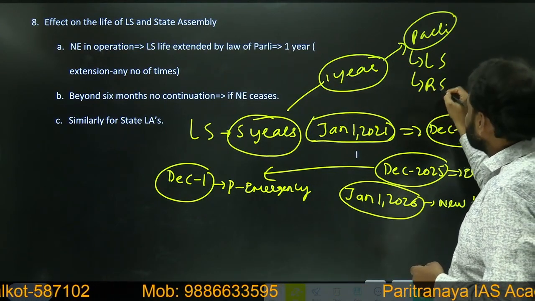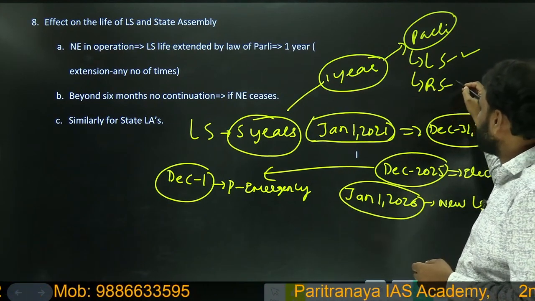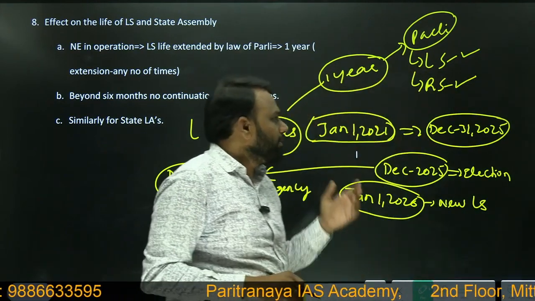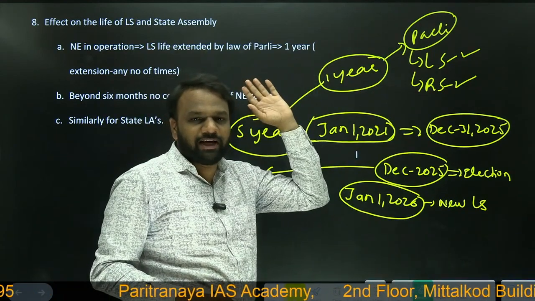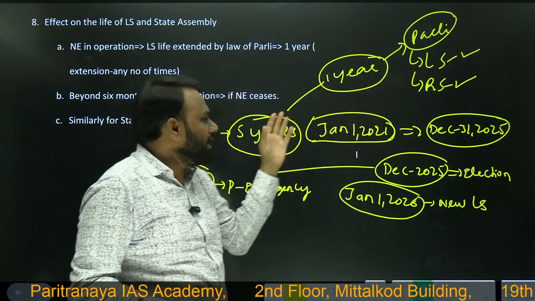They will pass a law. A law will be passed by Lok Sabha, and similarly the same law has to be passed by Rajya Sabha. So in that law, what will be mentioned? It will be mentioned that the life of Lok Sabha is being extended. If this happens, if Lok Sabha and Rajya Sabha pass a law, then the life of Lok Sabha will be